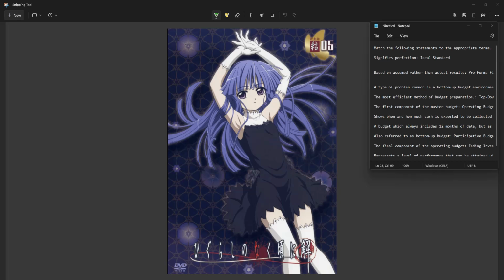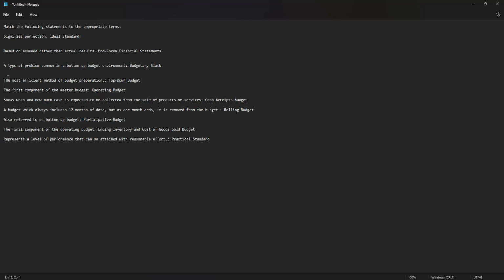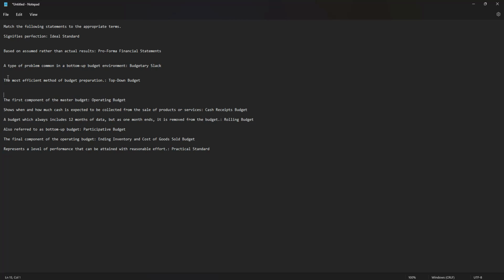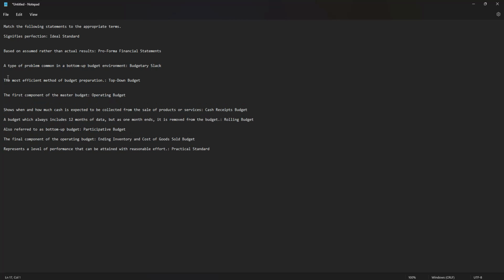This is question 10 of 20, and this one is not a mathematical question, so it's a bit faster to answer. We need to match the following statements to the appropriate term. In this case, the statements are: signifies perfection based on assumed rather than actual result, type of problem common in bottom-up budget environment, the most efficient method of budget preparation, the first component of the master budget, operating budget, right,